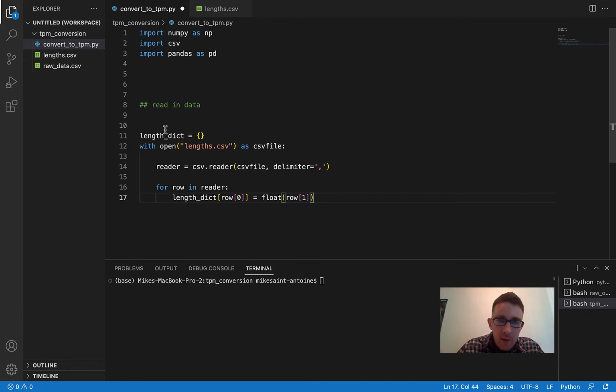But yeah, so we define an empty dictionary, the length dictionary, and then we're just going to open our length.csv file as just a CSV file. We're going to define our CSV reader. Delimiter is a comma because it's a CSV. If it was like a TSV, then this would be a tab. And then we don't have any